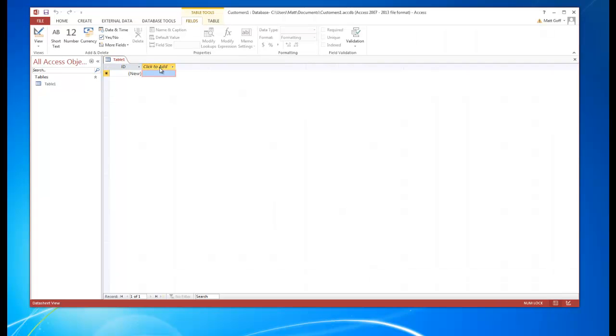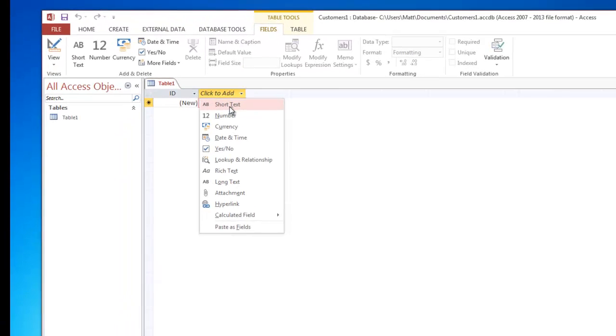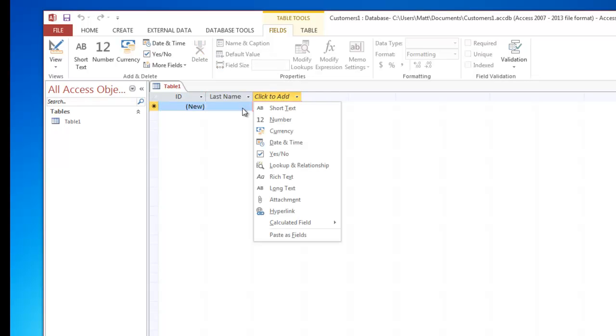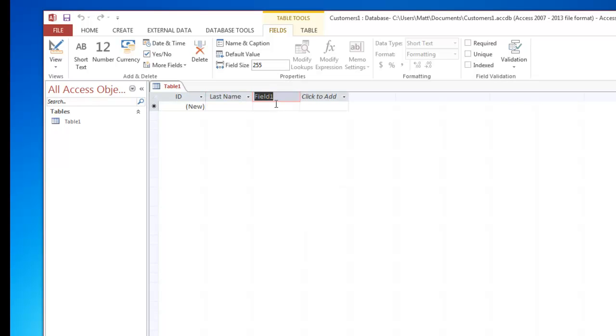First thing we're going to do is add some fields, field headings to our table. So I'm going to click on the first field. I'm going to say that it's going to be short text, and we're going to change the name to last name. The next one is going to be also short text, and we're going to change that name to address. Once we've created the fields for address, city, state, province, postal code, and country region, we're going to save the